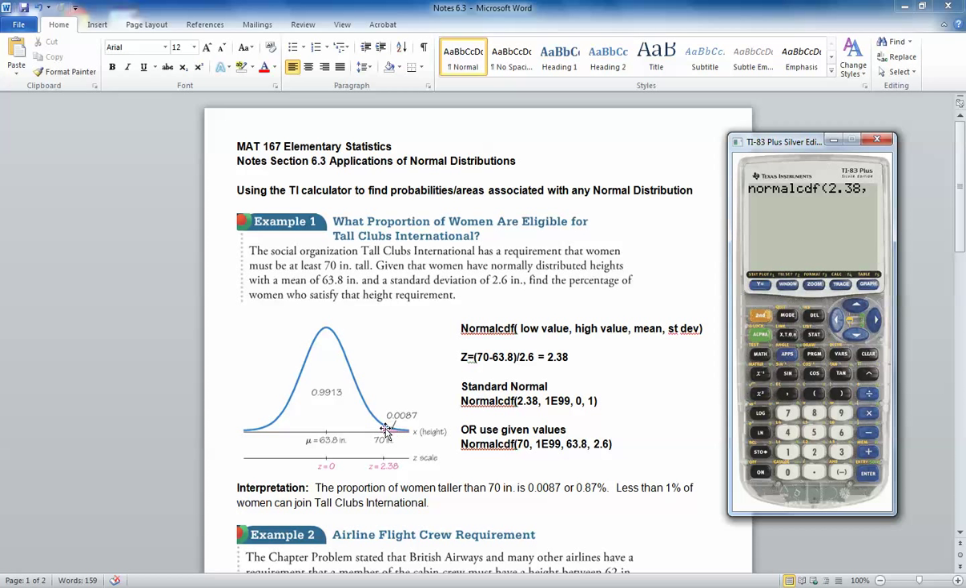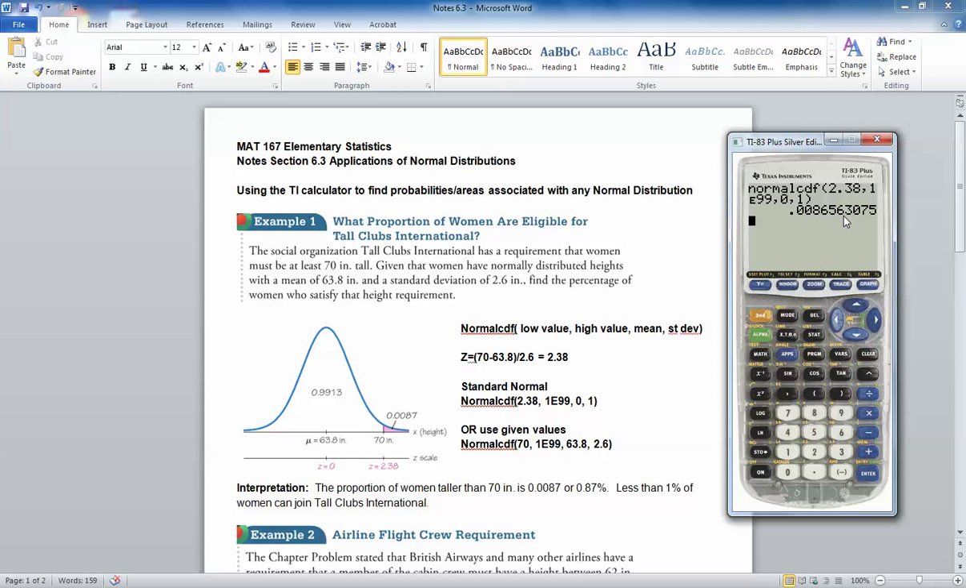We're going to shade in all the area to the right, so that would be to infinity. Our calculator doesn't have an infinity key, so we use 1 times 10 to the 99th in scientific notation. So we type a 1, then second, comma, where there's an EE above, which means times 10 to the power of 99, comma. So 1E99 represents infinity. Standard normal has a mean of 0 and a standard deviation of 1. And when we hit enter, we find out that